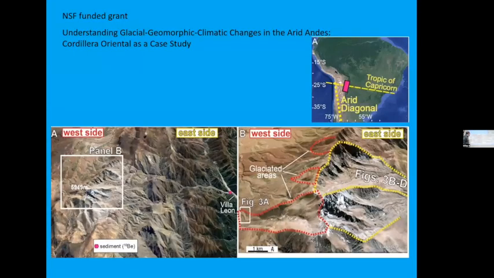And this is the area on the left on Google Earth. Zooming in is on the right. So here's the field area I showed. And I just want you to appreciate the difference on the east side or the right side of the figure versus the left side. So on the right side of this figure versus the left side, both sides have glaciers during an ice age. They don't today. It's too warm and too dry. But on the right side, look how much bigger the valleys are, the yellow line versus the red lines.